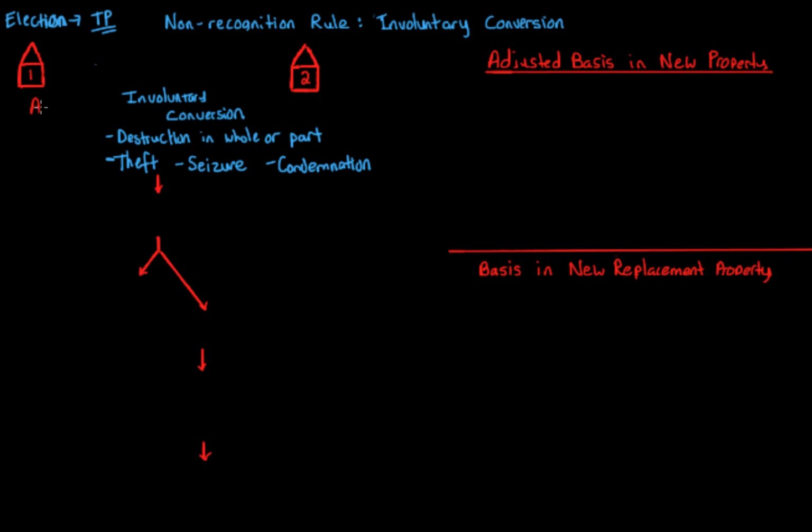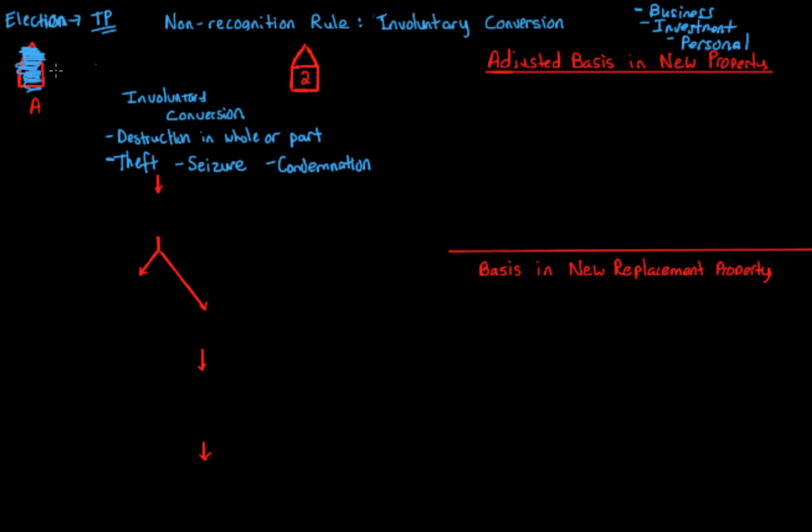Let's say that A's house is destroyed in a hurricane completely. And again, when it comes to this provision, involuntary conversion, this applies to business, investment, or personal use. All three of the big three. It applies to all of them. There's no difference. Okay? So whether it's a personal home, an investment home, or a business home, A's property has